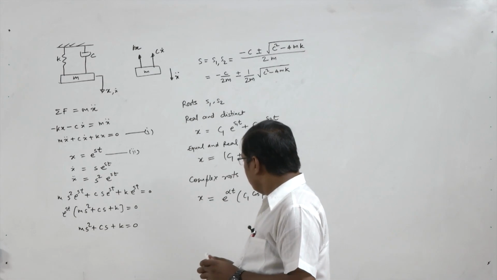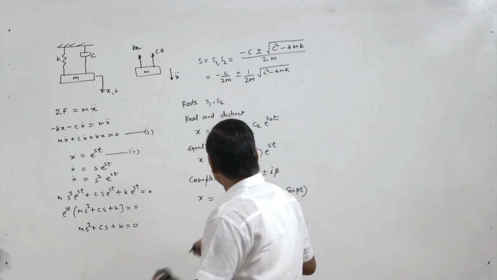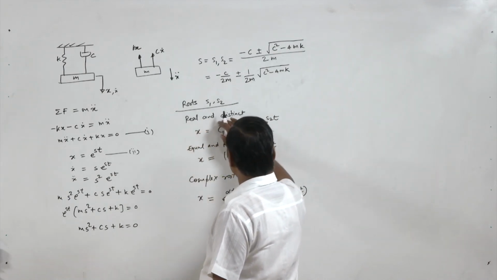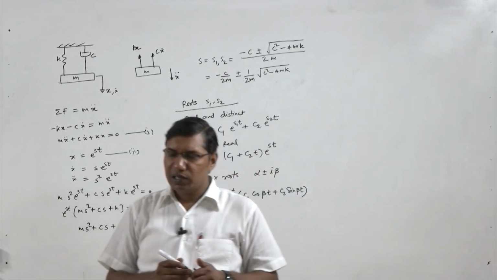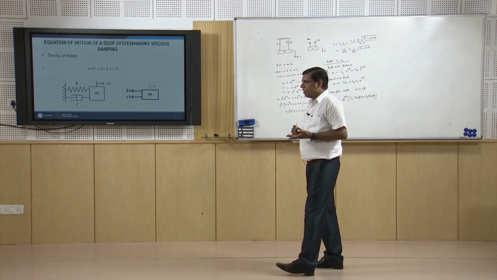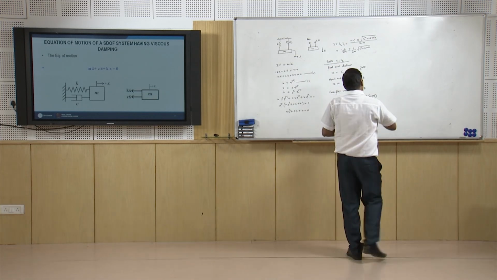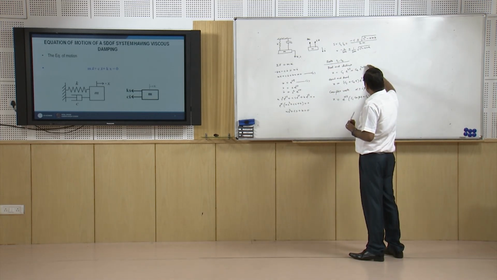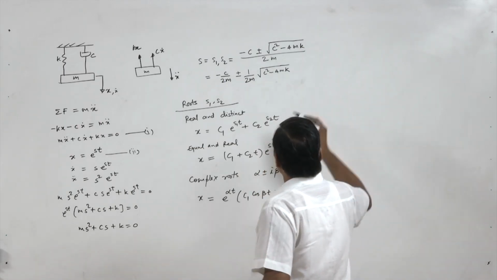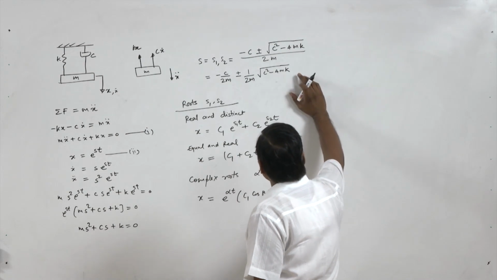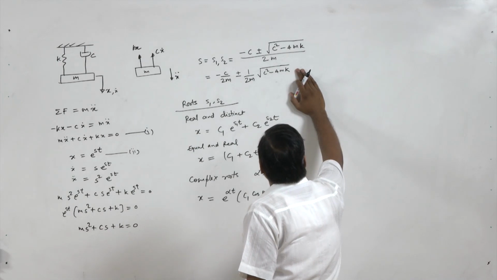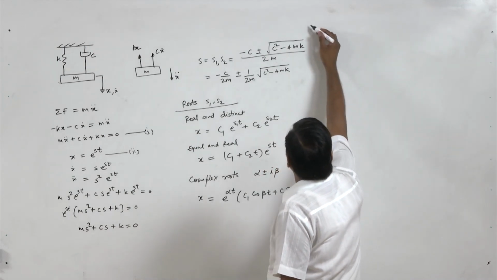So these are the solutions depending on the different conditions of the roots. So roots could be either real and distinct or real and equal, or they could be a complex pair. So in these three conditions, the solution will be given by these equations. So now, this is our equation. Now we define certain terms. So let's say